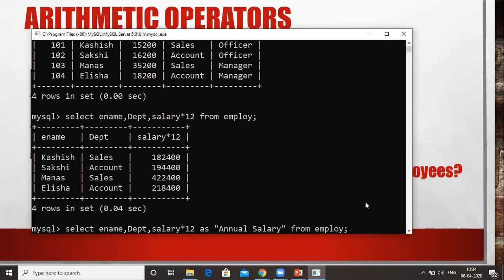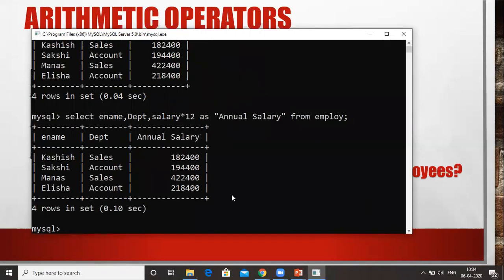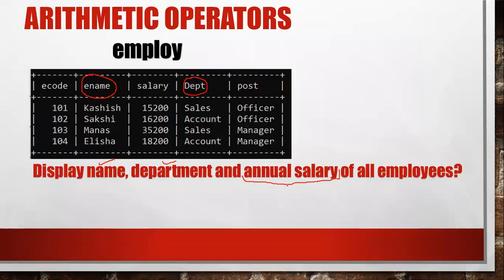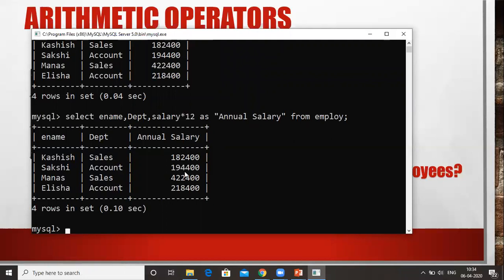When you press enter, you can see that the field names are ename, department, and in spite of the expression, we are getting the field name as annual salary over here, right? So this is one of the examples. What you have to do is write this question, and then write this answer as the